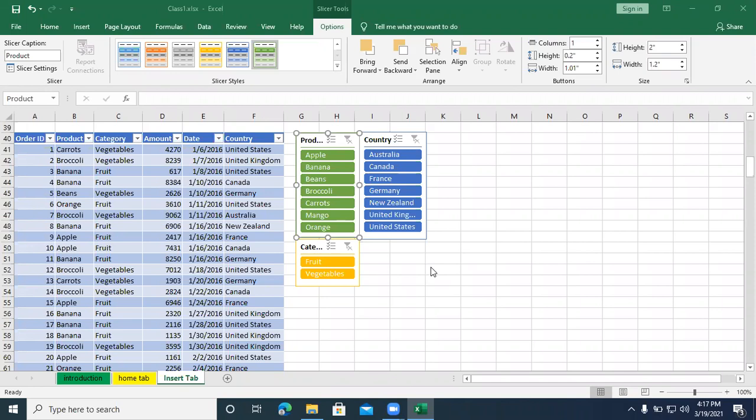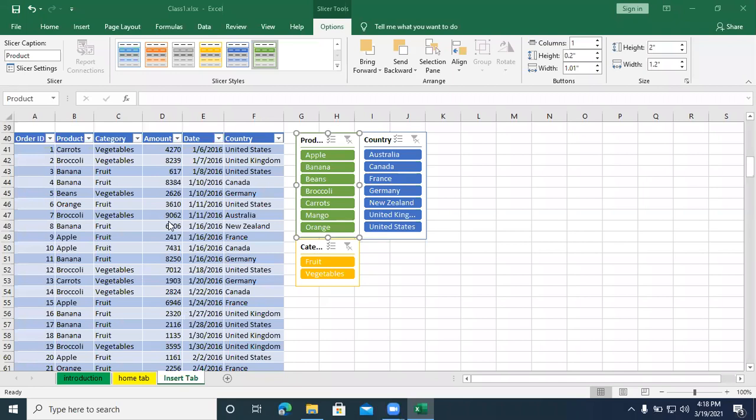In this table, almost 200 data we entered. If I want to quickly analyze what is the total price of fruit, what is the total price of vegetable, what is the total price of fruit in this particular country, Canada, US or France, it is very easy to identify the information.